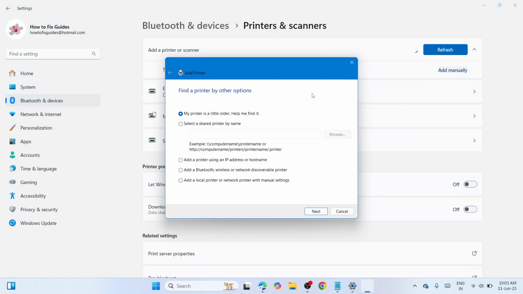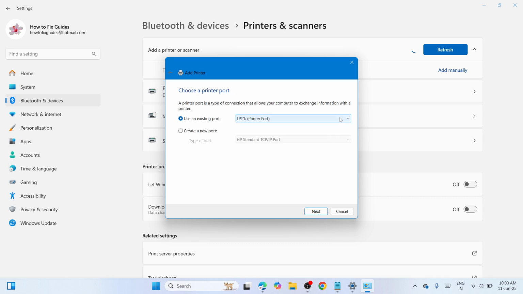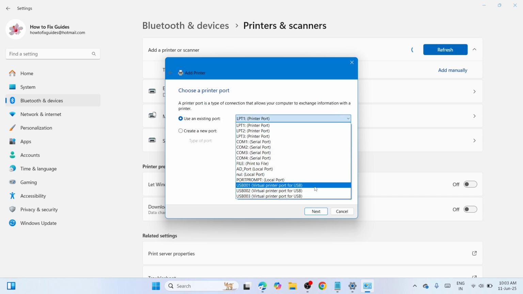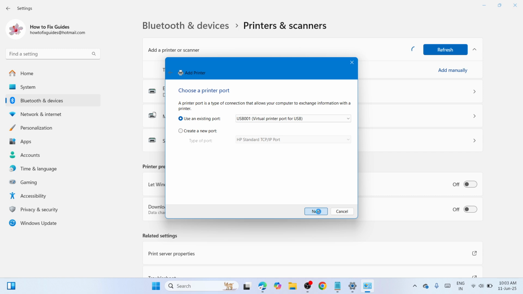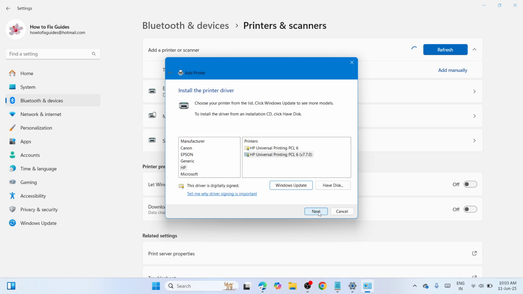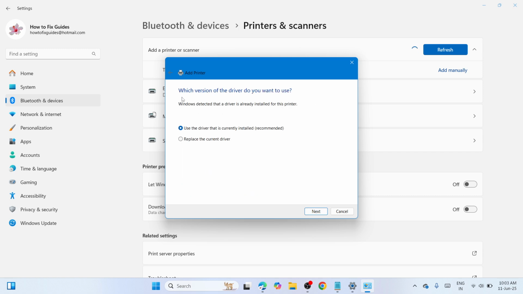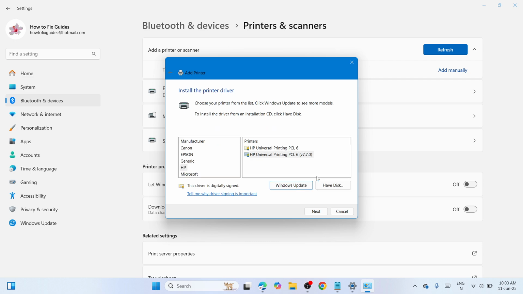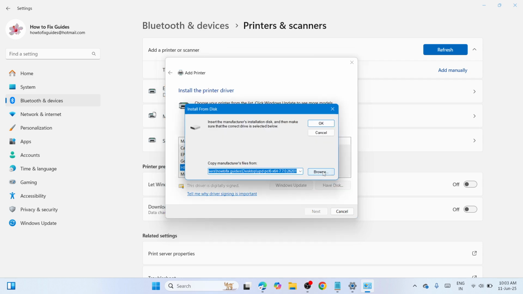Once it's here, please proceed with Add a local printer or network printer with manual settings. Click on the next. Click on this down arrow key and use one of these three USB ports. So it could be one, two, or three. Go with next to set it and go with next. Okay. Sorry, let me just click on the back arrow and go with Have Disk first. Go with